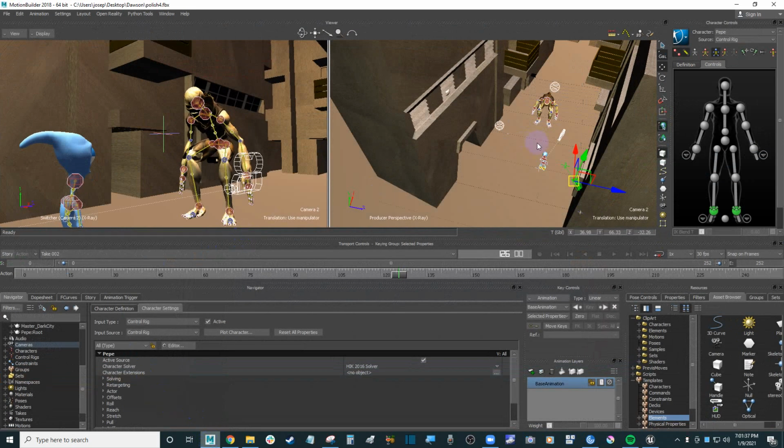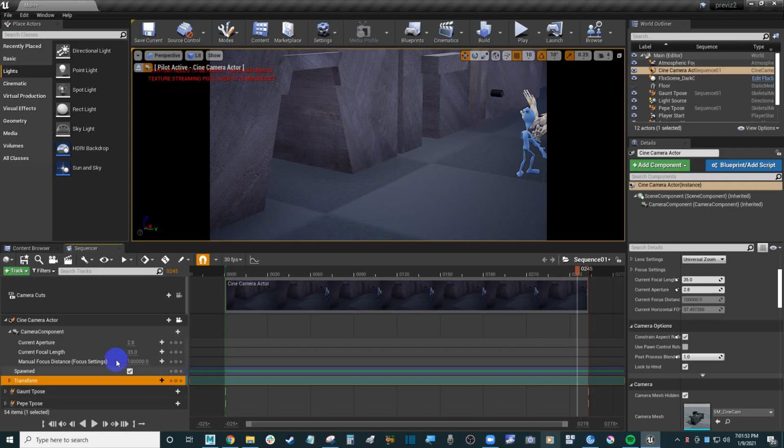So the first cam is cam 1, cam space 1, is it? Or is it just cam 1? Cam space 1. And the second one is cam space 2. Okay? So the way to do this,